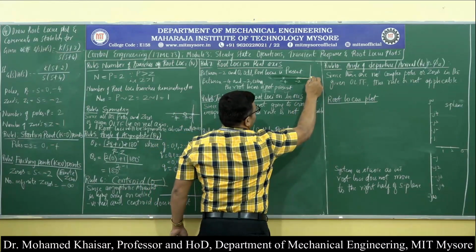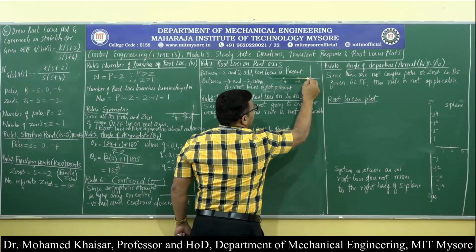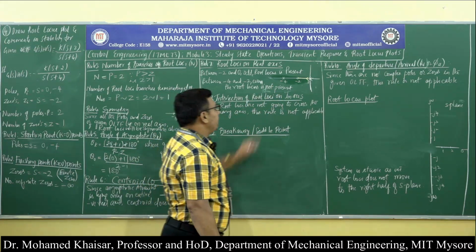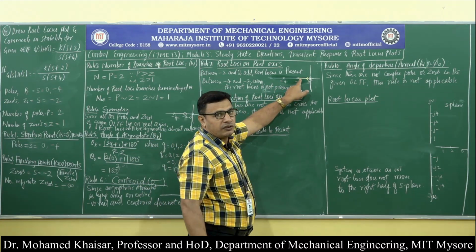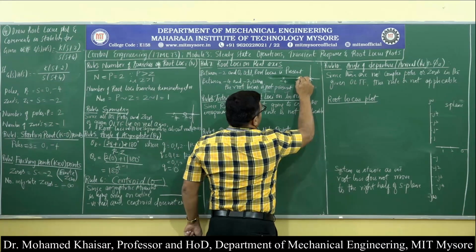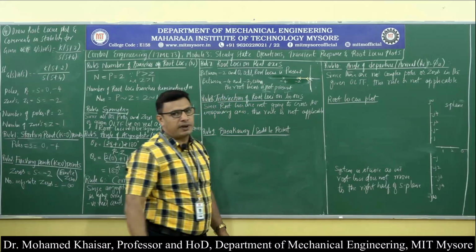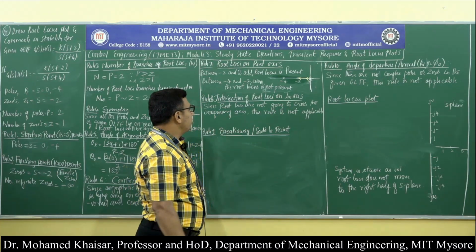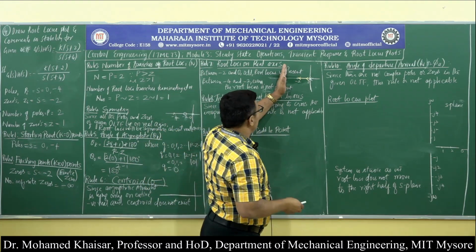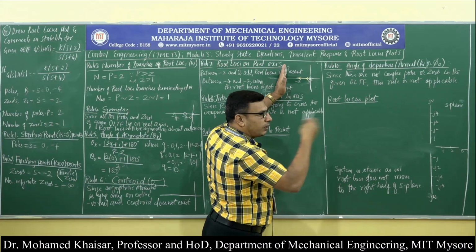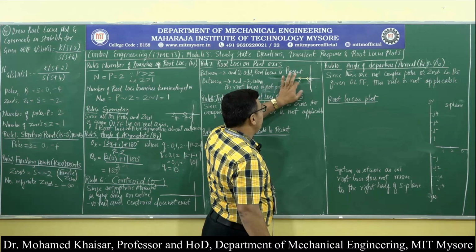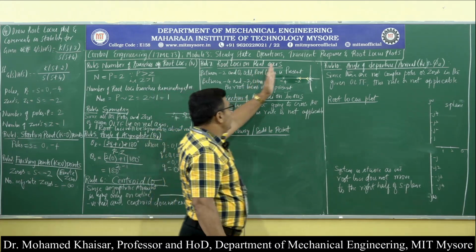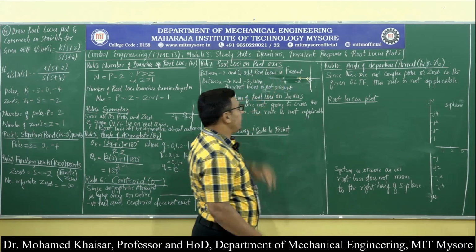And since this pole is nothing but the starting point, I will have to write the arrow, which means branch of root loci is leaving 0, that is, it is a pole. And then since minus 2 is a zero, I need to write the arrow such that it is towards the zero, that is minus 2, and it means to say that branch of root loci is terminating at minus 2. Then between minus 4 and minus 2, if we see towards the right hand side, count the total number of poles and zeros existing. So minus 2 and 0, they are going to be 2. The total count will be even, because of which the root locus will not exist between minus 4 and minus 2.